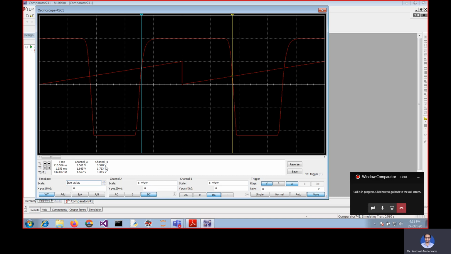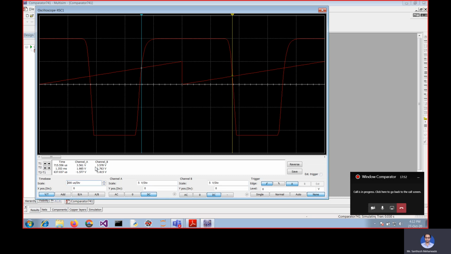Similarly you can go for the LTP also. For LTP, trace this timeline 2. Here we are getting 1.985 and the other is 1.763. You can see it is a little bit above. Anyhow, the waveforms of channel A and channel B are intersecting at this point.